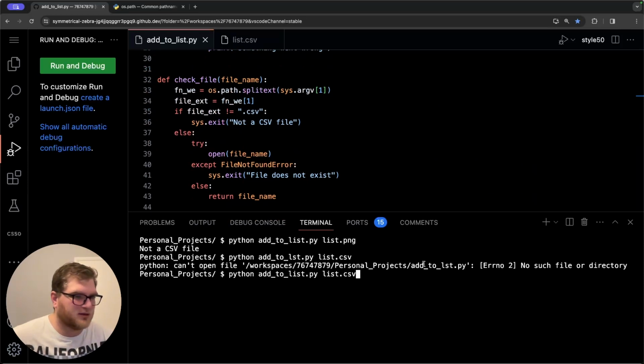Can't open it. That's because I didn't change. Right, okay, so I need to change that one, because obviously it's trying to open that. And if I change that, then there's no file called that, which makes sense. It's not going to run the program. However,